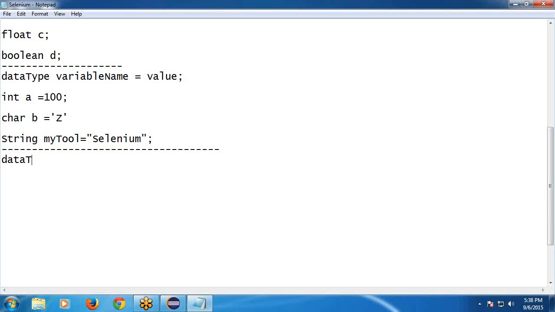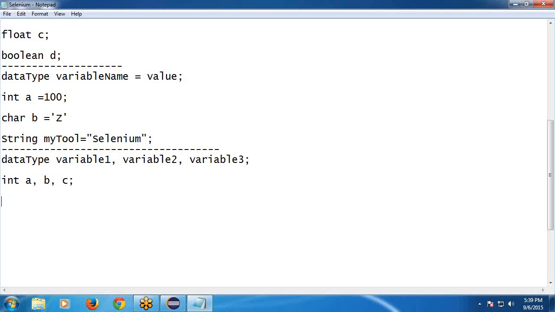Example: data type variable1, variable2, variable3 of the same data type, semicolon. Example: int a, b, c;